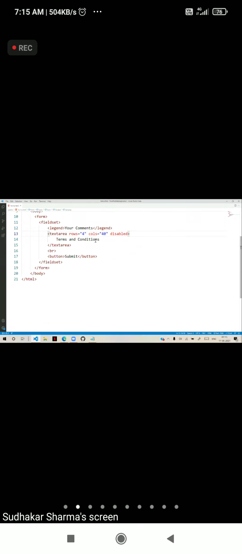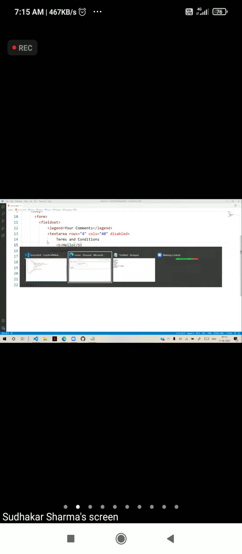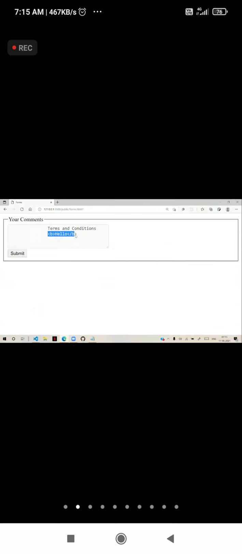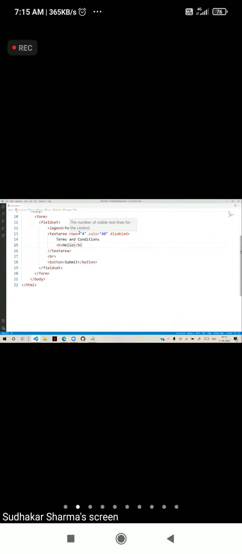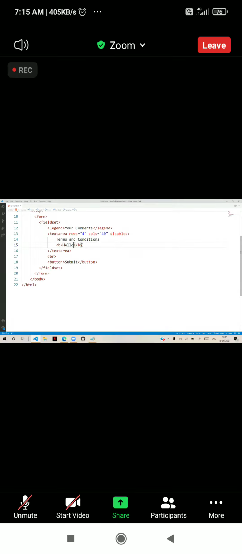And the text area is RC data element. That means it is used for displaying only plain text. If you try to put some bold hello, it is not going to print this in bold, it will just print that normal text. So it will not allow any formats inside it. So for plain text, multiple lines, you can use text area.